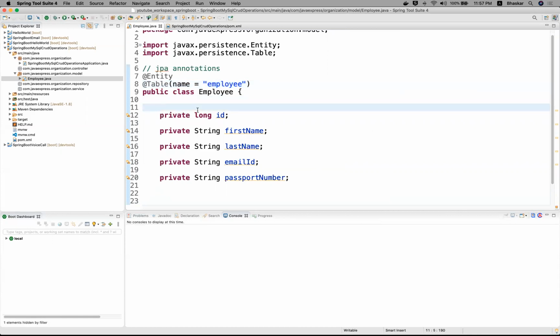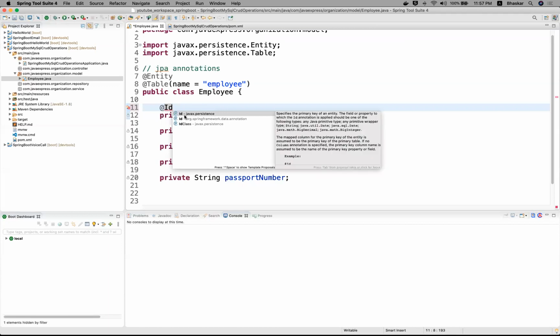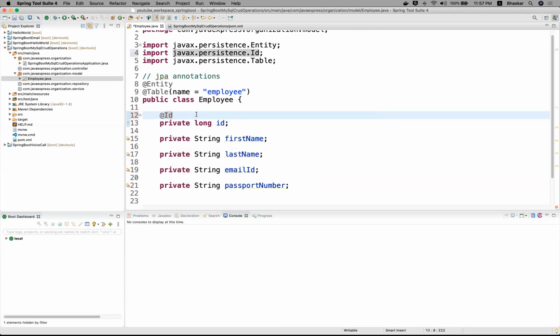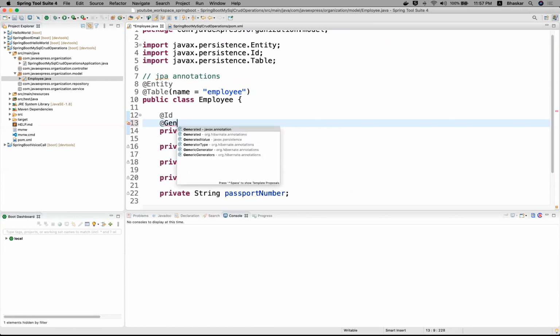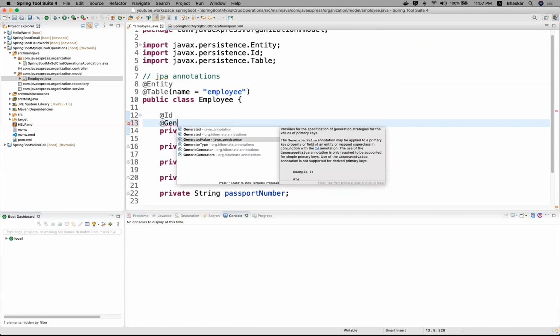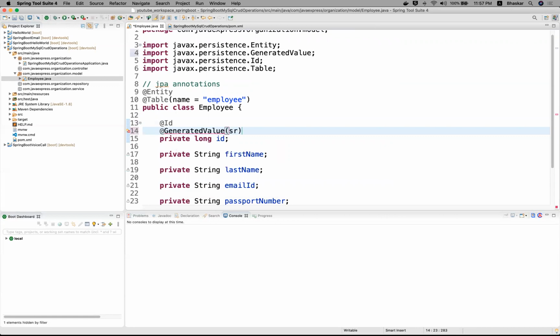Now you need to inform your database, hey, id is my primary key. So JPA provides an inbuilt Id, see javax.persistence. It should be automated, right? We won't insert our ids. To do that part, they have given some annotation. You can use GeneratedValue here. Here you need to provide your strategy. Here let me give GenerationType.